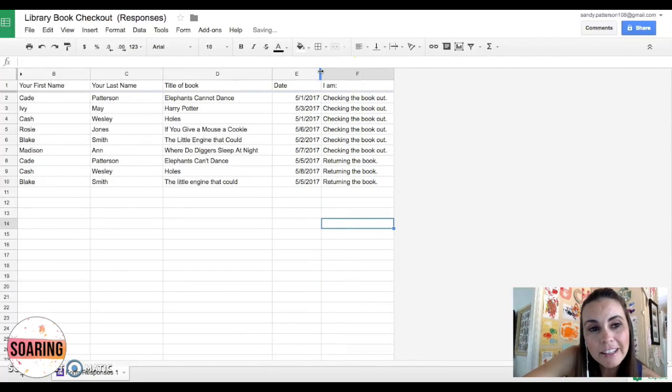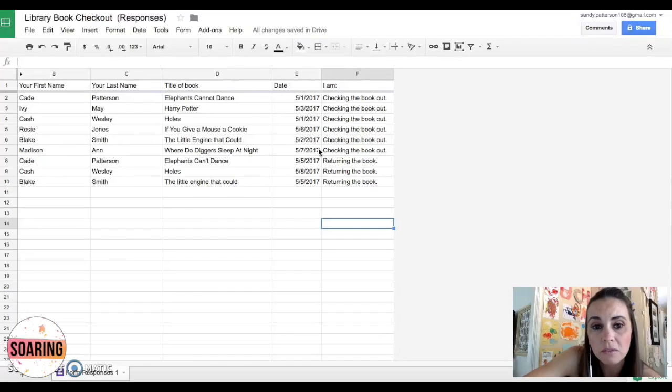So hopefully this will be an easy, quick way for you to organize your classroom library and get a system going, where the kids are documenting which books they have and if they turn them in or out. And like I said, I could envision having one student be in charge of this, to be the librarian. You could even teach a kiddo how to sort the sheet and how to work within the sheet to say, okay, every Friday my librarian is going to sort the sheet, and they're just going to check in with all of the kids that have books out,